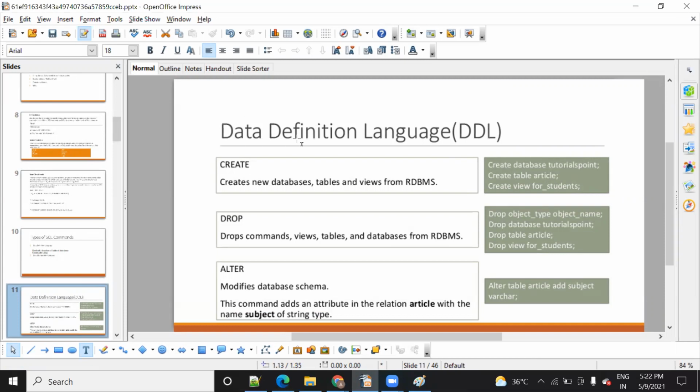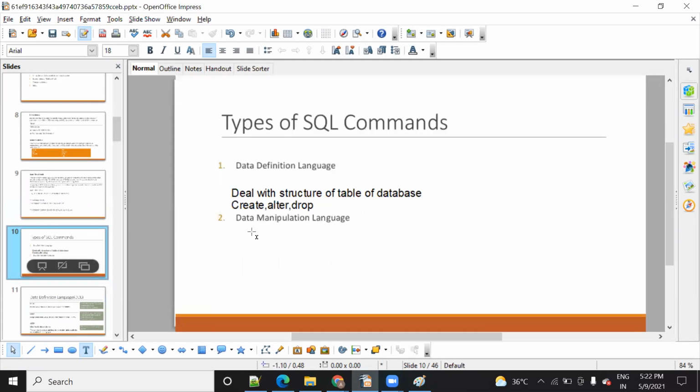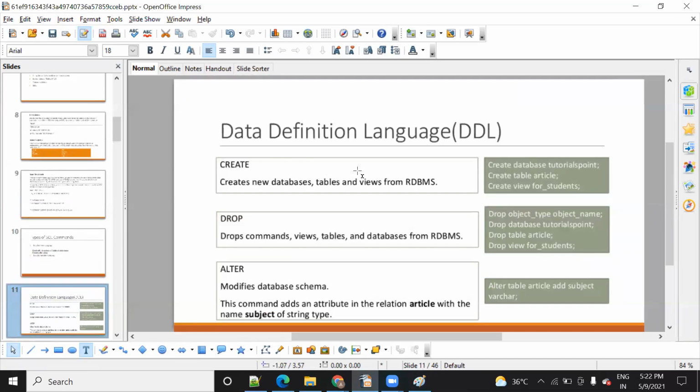You can see here it is written data definition language, and I told you data definition language deals with the structure of a table. Suppose you want to create a new database. How will you create it? Create database, database name. Whatever database name you want, you can edit here.